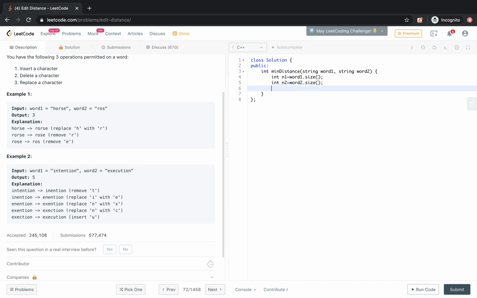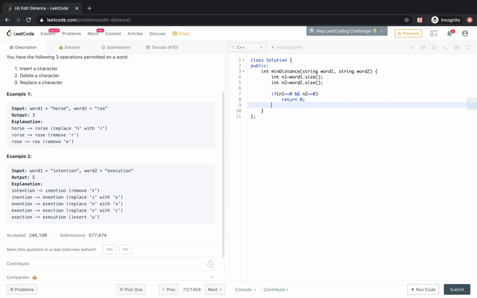There can be some boundary conditions, like n1 and n2 being 0, meaning there are empty words. So one boundary condition is n1 equal to 0 and n2 also 0, then we can just return 0.